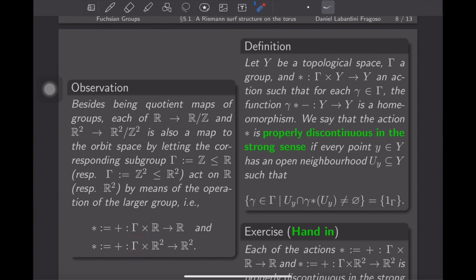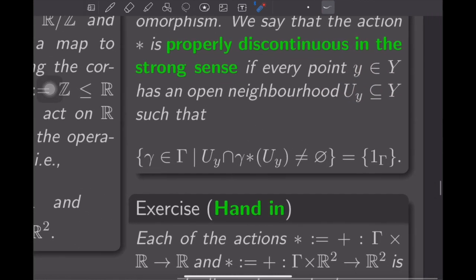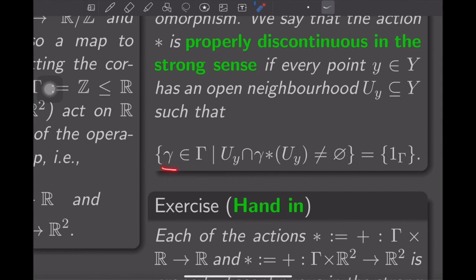It has the property that for each point in R2, there is an open neighborhood around it with the following property: the elements of the group, which is Z square, that don't move the neighborhood very far, that is, the intersection of the original one with the moved one is not empty,